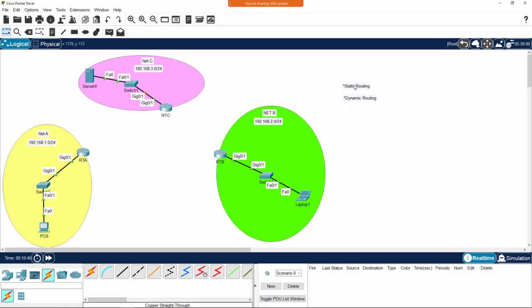Now, the focus of this course is dynamic routing. So we are going to implement dynamic routing to make sure all the sites can communicate with themselves. The other option would be static routing, that would be configuring the routes manually, going into the global configuration mode